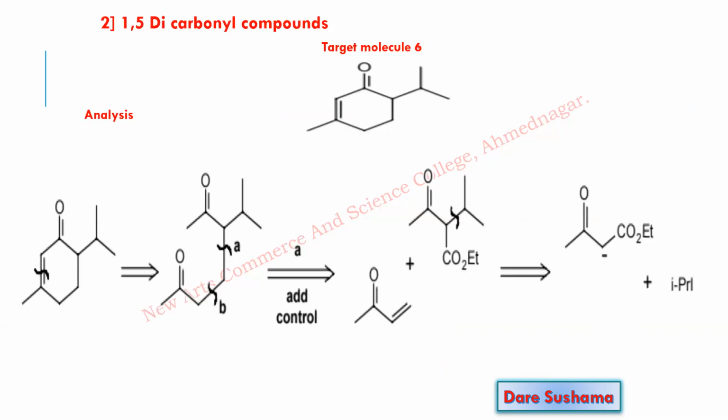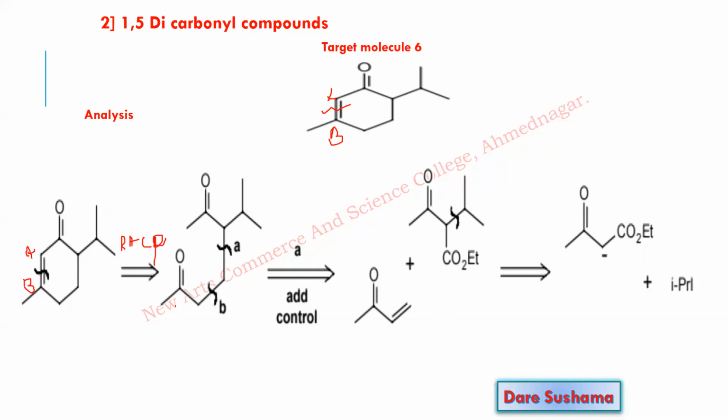Now in this target molecule, look at which functional group you can see. Simply an alpha beta unsaturated carbonyl compound. So whenever there is an alpha beta unsaturated carbonyl compound, disconnect here. So what do you have to write on the arrow? It is retro-aldol condensation reaction. So write down on the arrow. So this is a beta carbon, and alpha carbon, just write down the hydrogen. And on beta carbon, write down the carbonyl group.